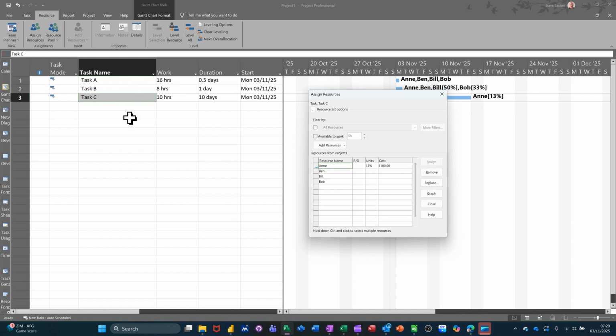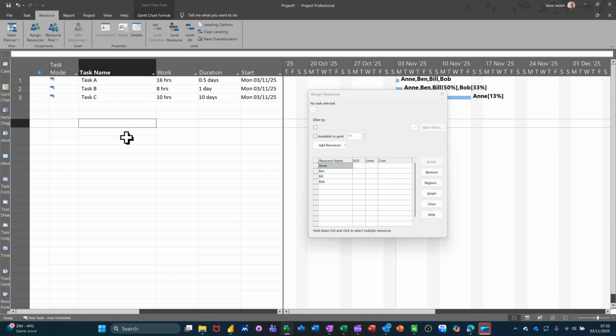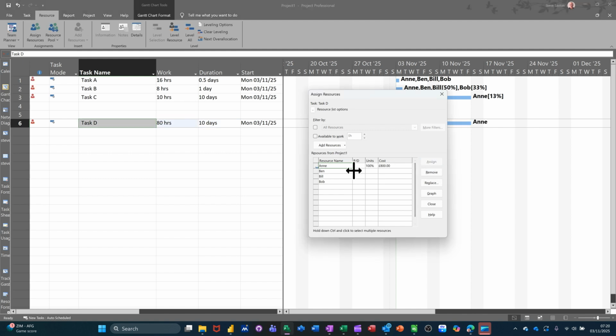Now, another thing you can do with fixed duration tasks is, let me just come down here and type task D. Let's say that this is a 10-day task, 10 days, not hours, 10 days, and I want to assign Anne to it. So I've assigned Anne to it, and that gives you the money for that £800. But if I go into one of the other views, like either resource usage or task usage, which I can get quickly down here,